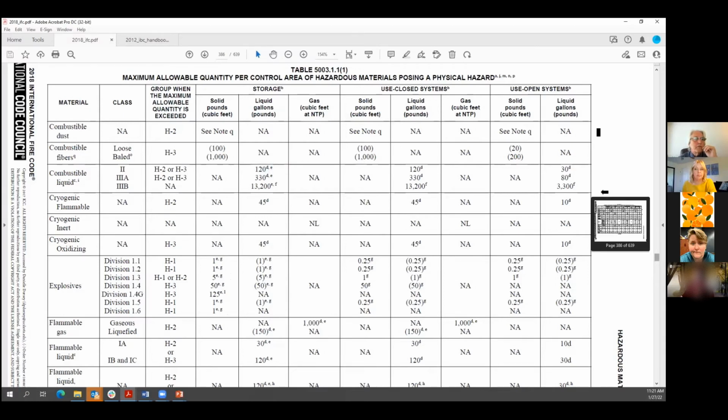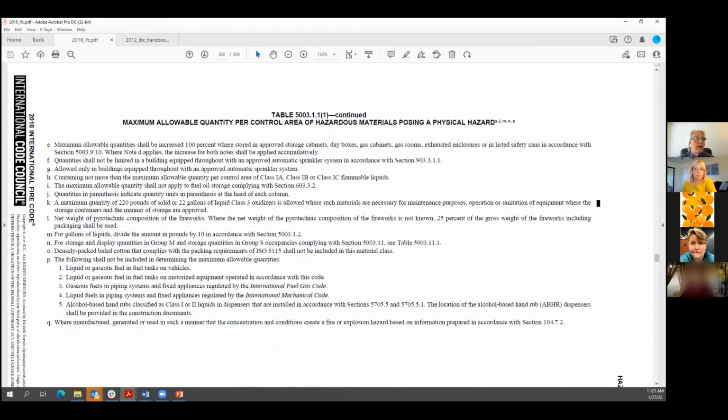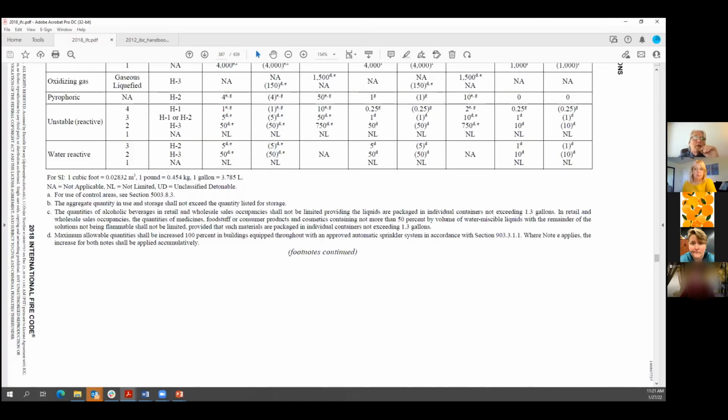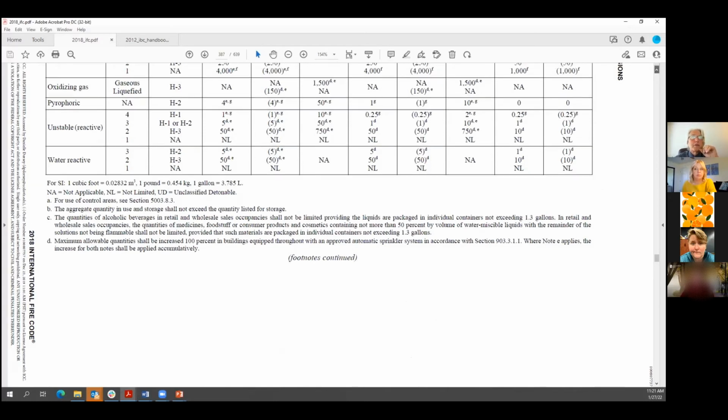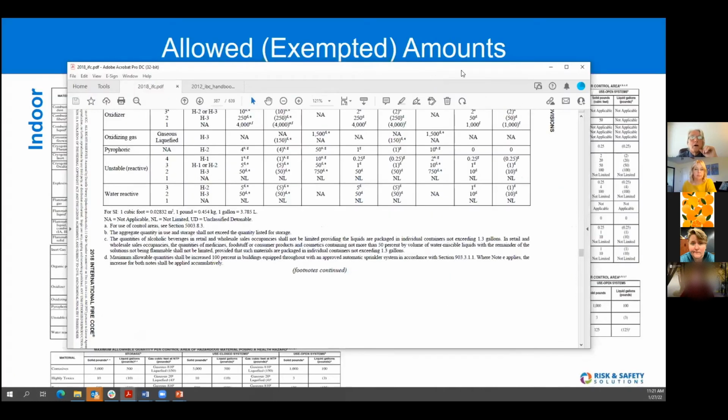And footnotes vary table to table. The footnote A here is different than the footnote A here. It's all in the footnote where the magic happens when it comes to the calculations. So let me, the other issue I wanted to bring up on these tables is